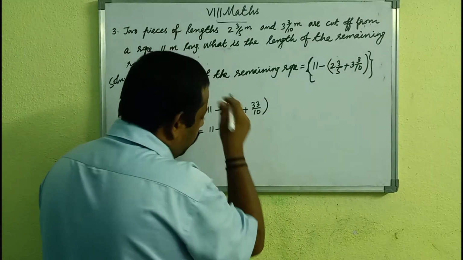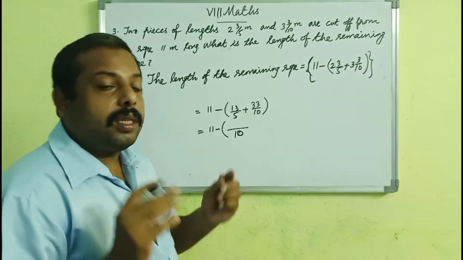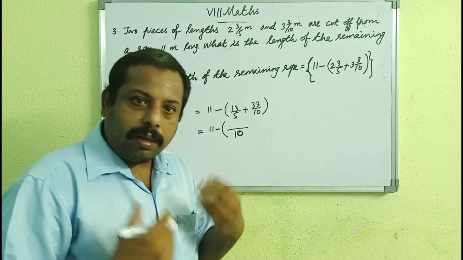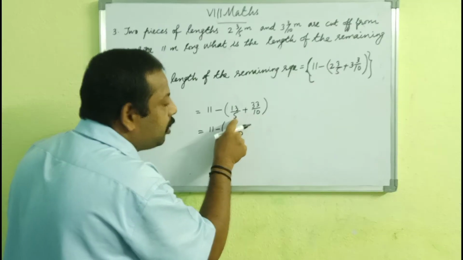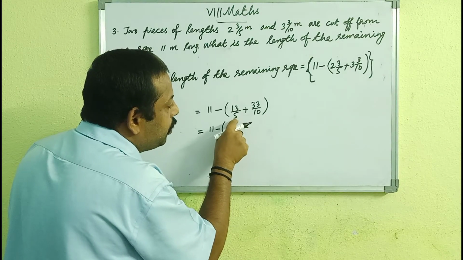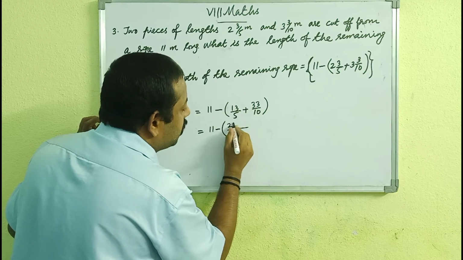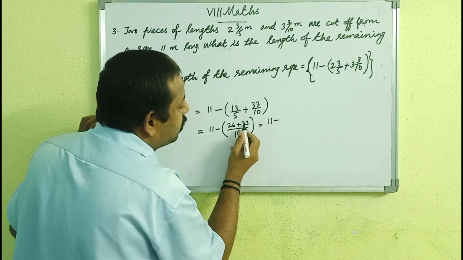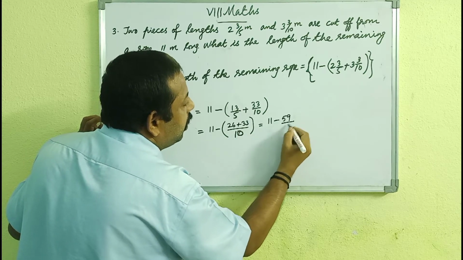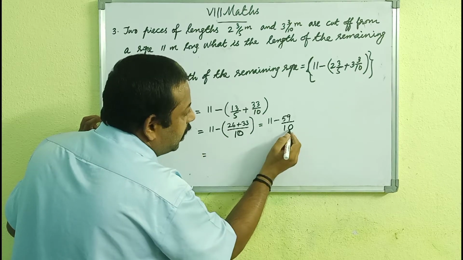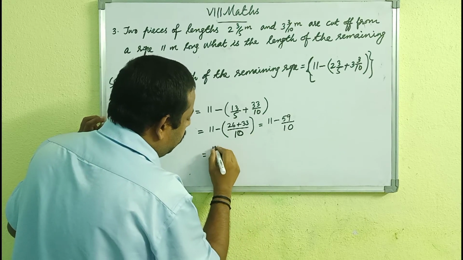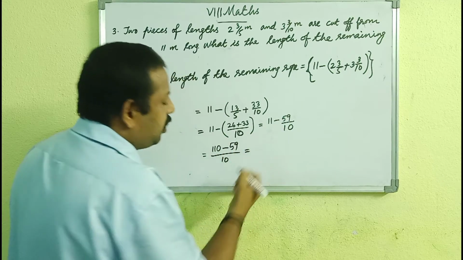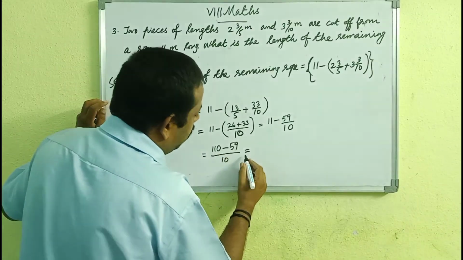So we can write 10 as the LCM. In the previous case, 5 and 7, we multiplied because both numbers were prime. Here both are composite numbers, so we can find the LCM. And moreover 10 is a direct multiple of 5, meaning when you multiply 5 by 2 you will get 10. So 13 by 2 is 26, plus 33. It is equal to 11 minus 59 by 10, equals 10 multiplied by 11, 110 minus 59, whole divided by 10. It is equal to 110 minus 59,